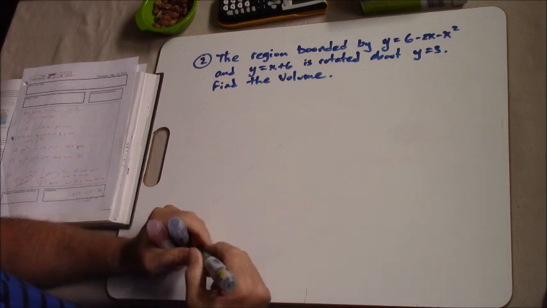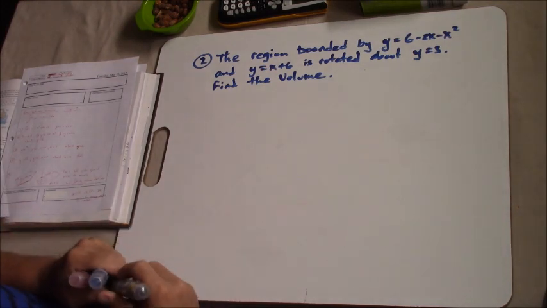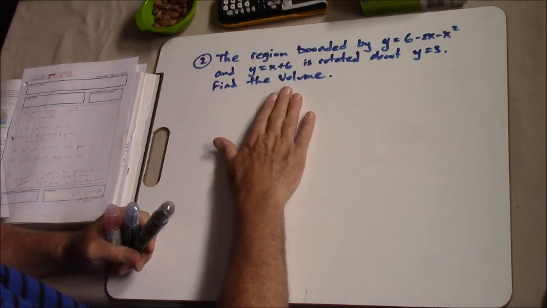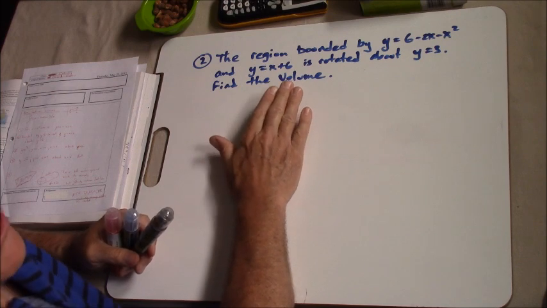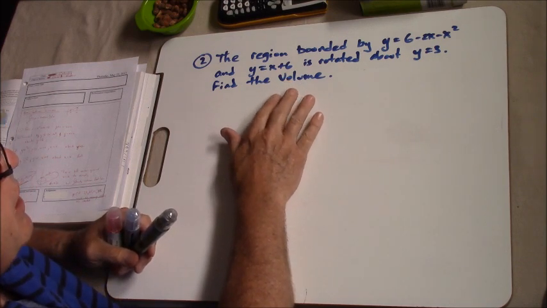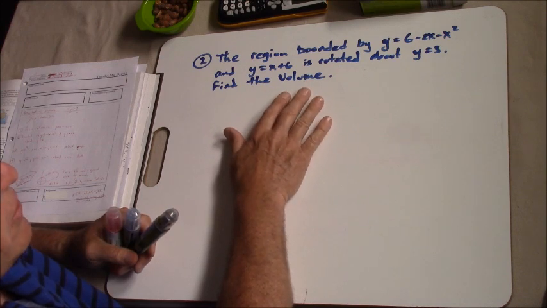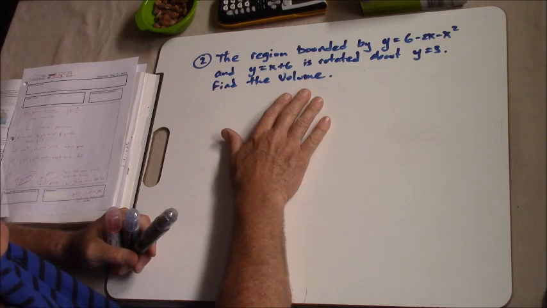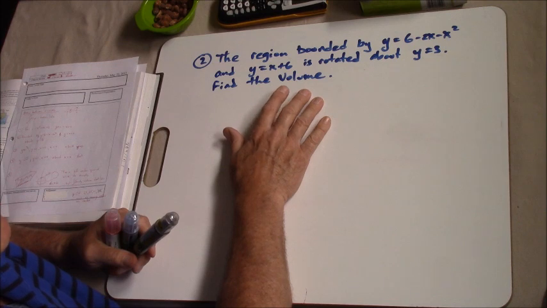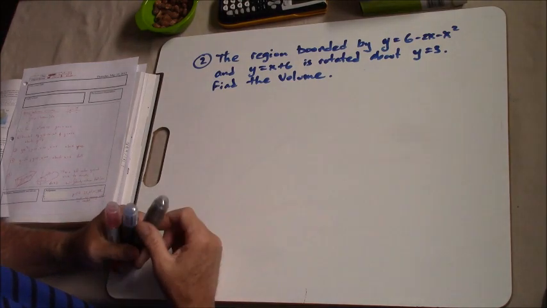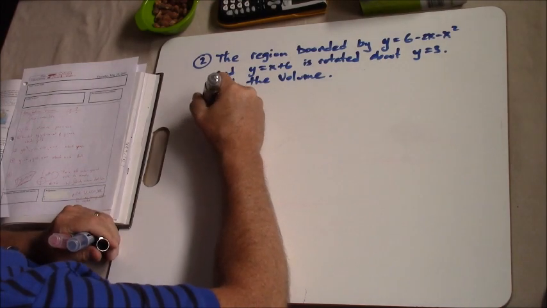All right, so I probably want to start with a graph. By the way, we're going to go ahead and solve this, but I'll tell you guys something that's kind of nice. And I had mentioned this before. A lot of times, on the AP test and the Central Washington test, they'll say set up the integral and you do not have to solve it. Well, that happens on our Central Washington test. So they're going to ask us to set up the integral, but you don't have to solve. We'll go ahead and solve this one. But just know that on the test. All right? Okay, so if I graph this,